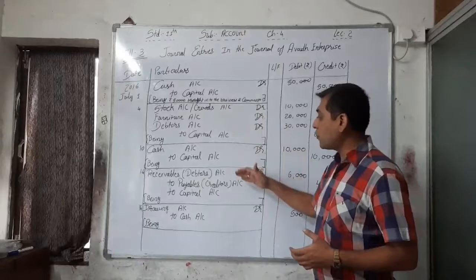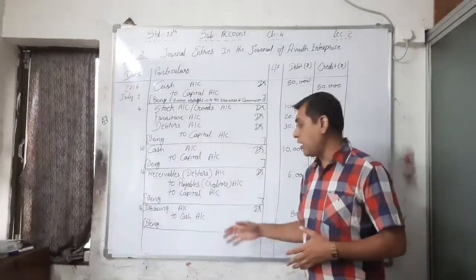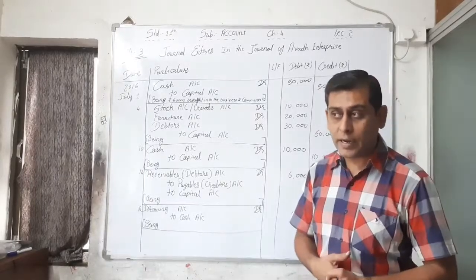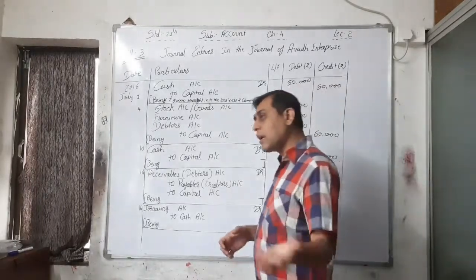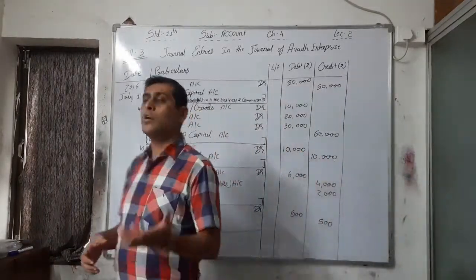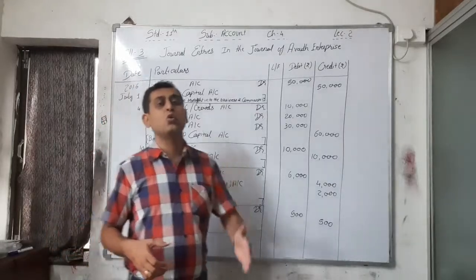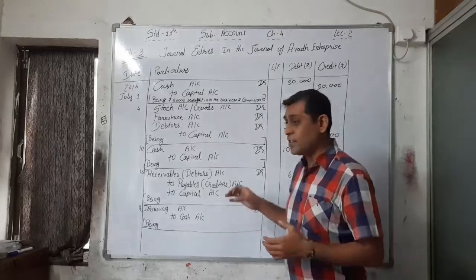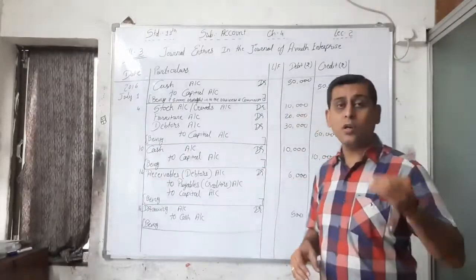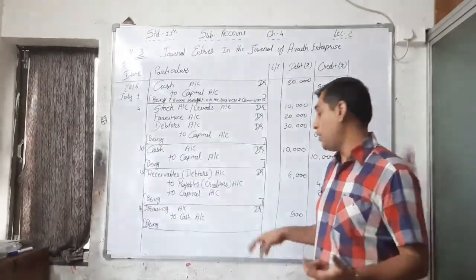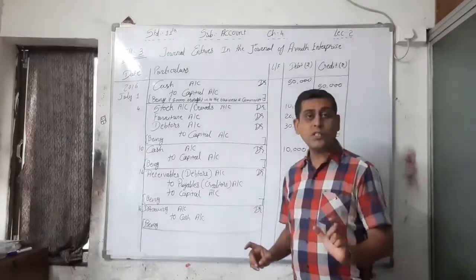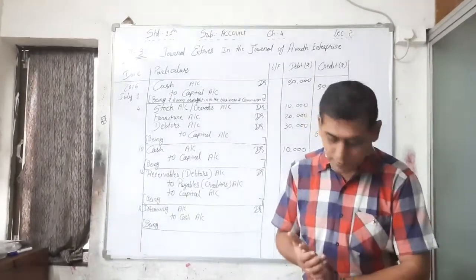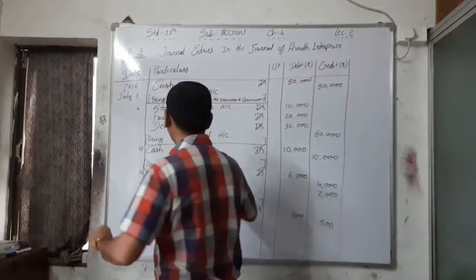Here in the first 4, capital account is credited. Now in 16, the drawing account is debited. If anything is taken from the business by the owner, that will be debited to drawing account. See here, in the form of income tax payment, the owner is taking rupees 500 from the business. That's why drawing account will be debited here. Okay, so now I am removing that.